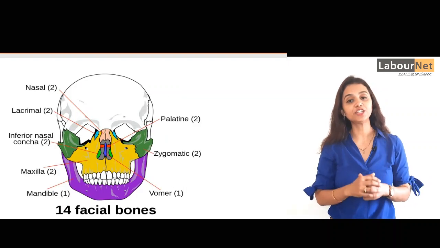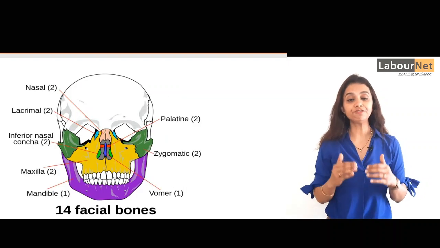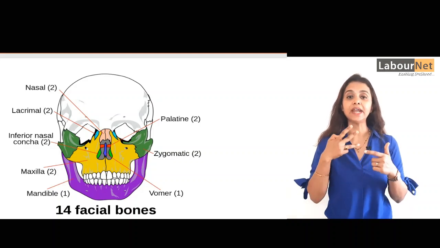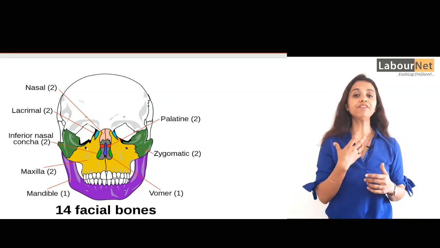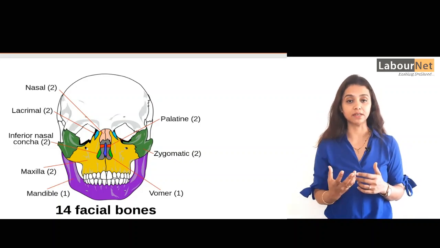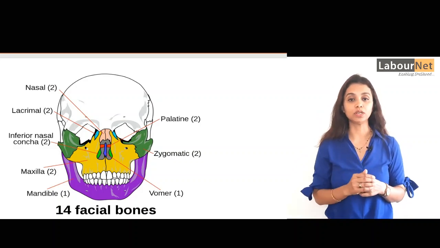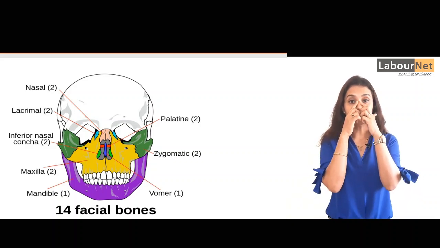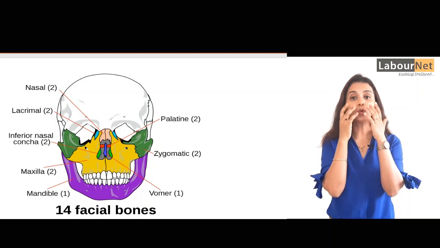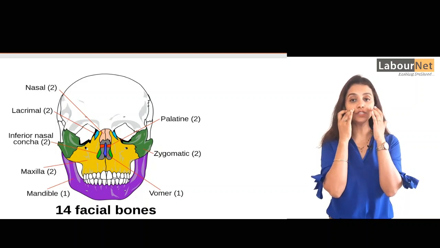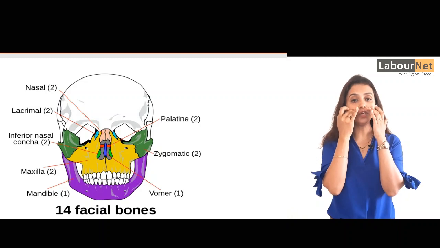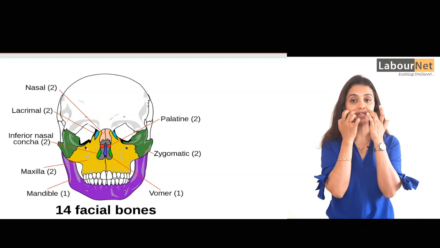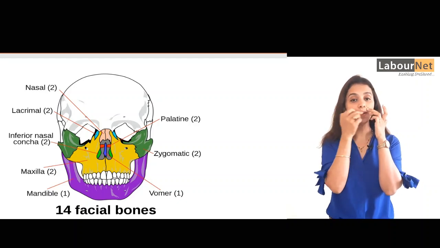Now let's study facial bones. The anatomy of the face can be divided into 3 main regions: upper face, middle face and lower face. The entire face is superficially covered by your skin. First is nasal bone. These 2 bones form the bridge of your nose. Then is maxilla. These 2 bones unite to form your upper jaw, part of the floor of the orbits, parts of the lateral walls and the floor of the nasal cavity, and most of the roof of your mouth.